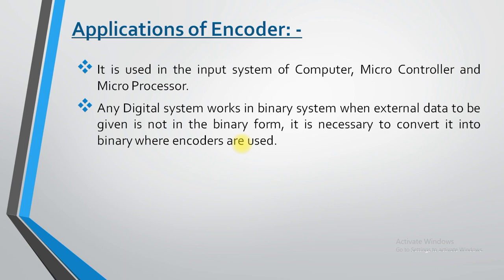So in this session we have learned the second integrated circuit, which is called encoders, octal to binary or 8x3 encoders. I hope you enjoyed the session. If decoders are properly clear, then you are easily able to write encoders. In our next session, I will teach you multiplexers 4x1.